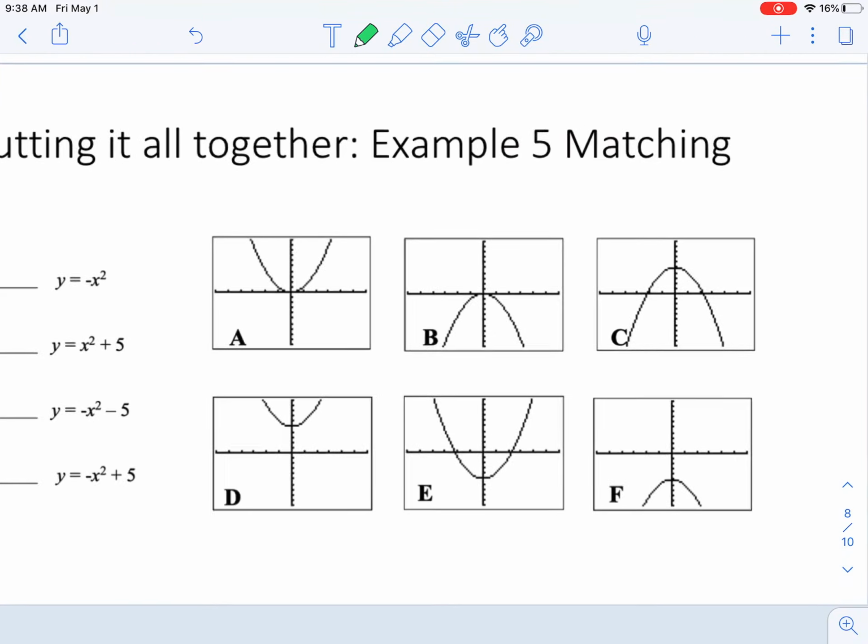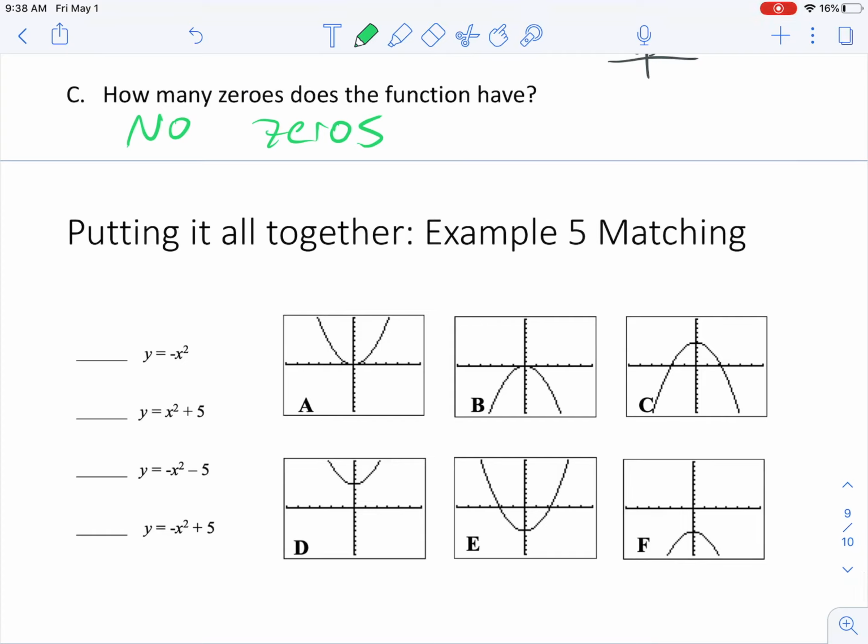Now, let's put this together one last time and just do some matching. Okay? So if I look at this matching problem, they've given us more options than problems. Okay? But we can actually match this up. So first of all, y equals negative x squared. This first one. It's not shifting at all, and it opens down. So I should see a graph that opens down, so not A, because that opens up, okay? Not D, because that opens up. It could be B. Not C, because, yeah, it opens down, but